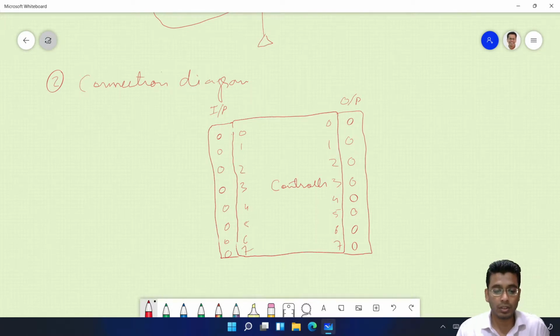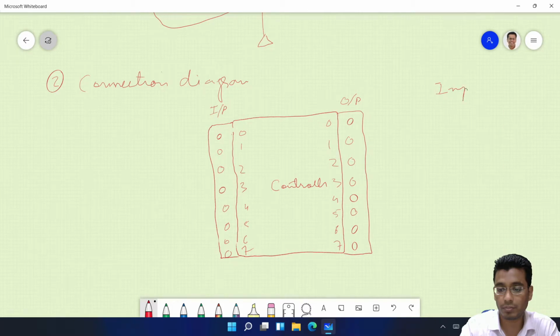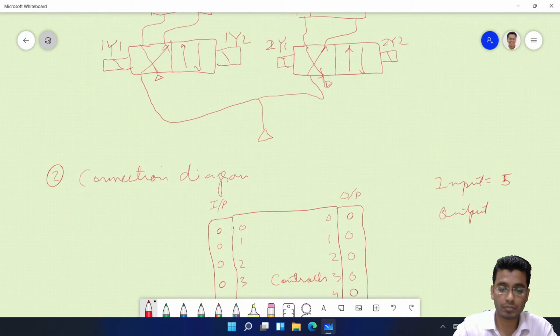Now tell me the number of inputs. 5 inputs, sir. Okay, input is 5, and output 4.